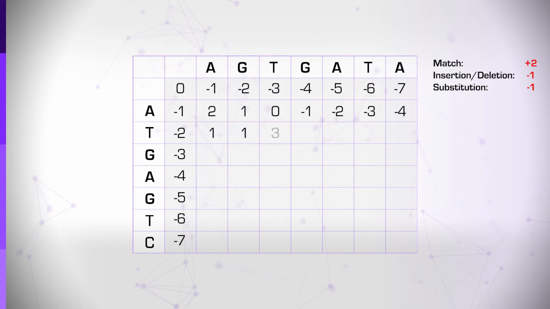Let us pause here. First, let's explain again why this cell was assigned the value of +3. +3 is the maximum value that we can obtain when comparing the sequence changes relative to its three neighboring cells. On the left with a value of 1 - 1, which is 0, coming from above with 0 - 1, which is -1, or coming from the diagonal with matching nucleotides yielding a value of 1 + 2, which is 3, which is clearly the maximum.